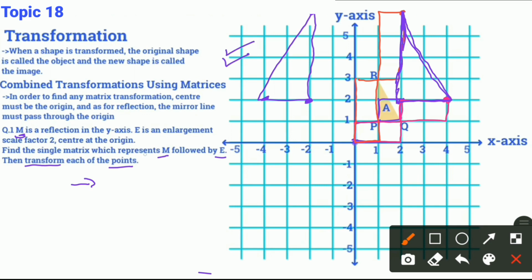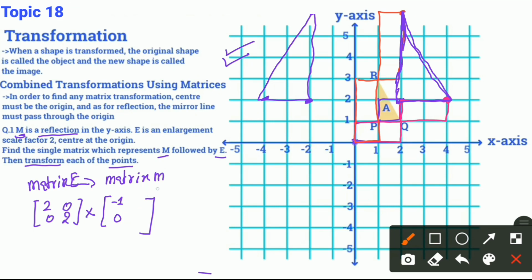We can do this in this way, or we can do this the other way as well by multiplying the matrix of the enlargement and the reflection, and then using that combined matrix to multiply with the column vector of each point. So let's start with the matrix of the reflection: -1 0 0 1. Then multiplying by 2, it again is going to be in square form. So it's going to be -2 0 0 2. Okay, we got this combined matrix,